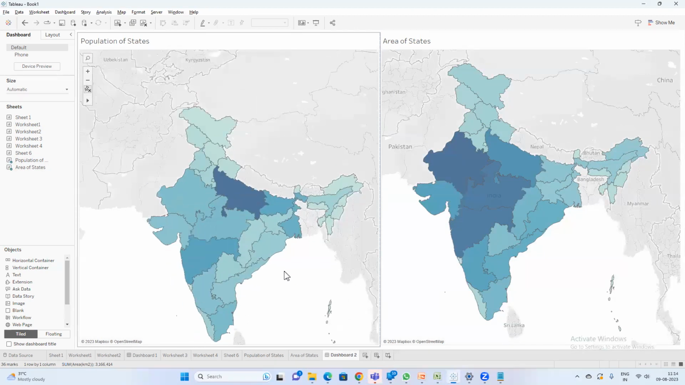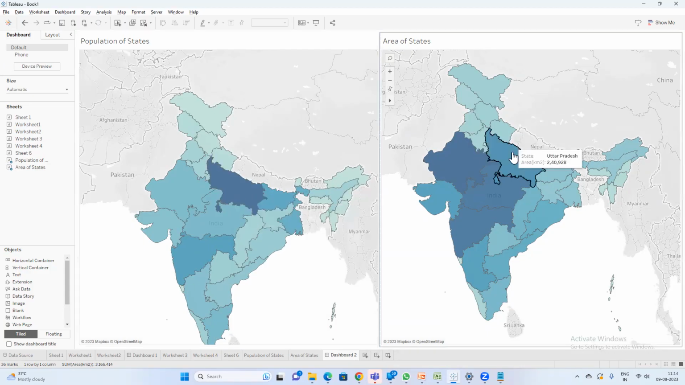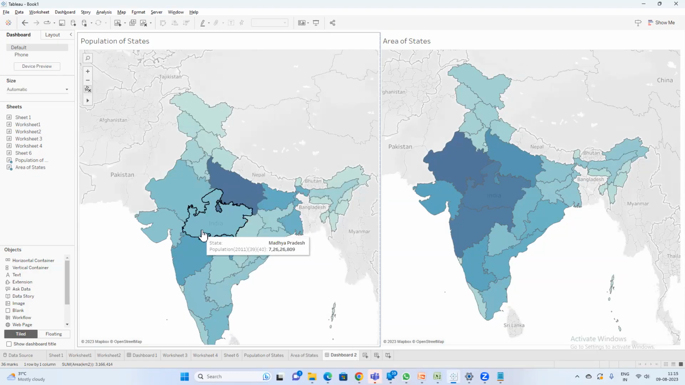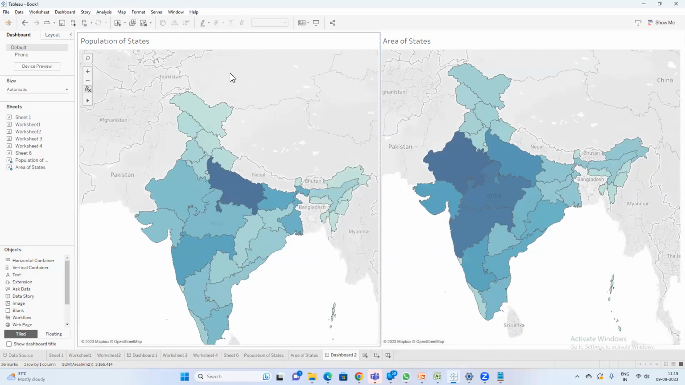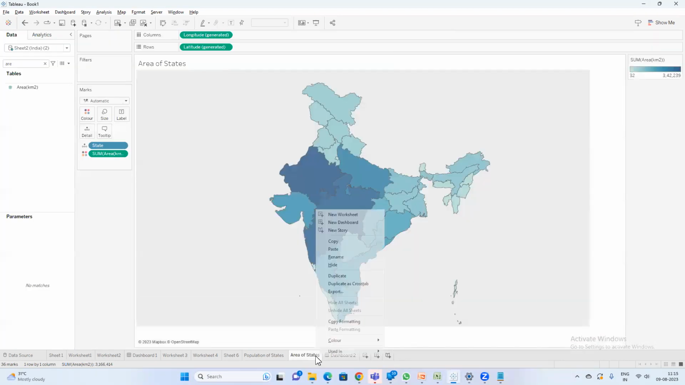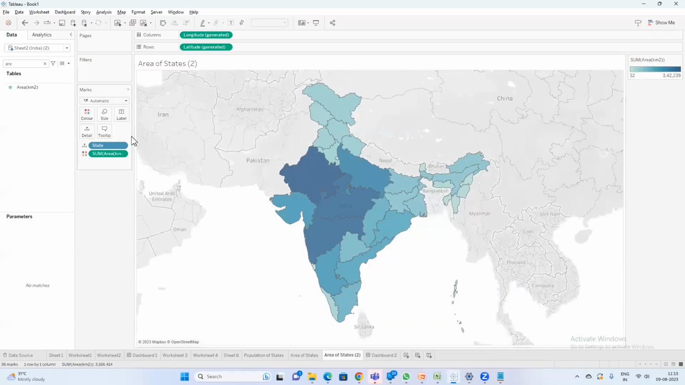So here I can compare. If you see, this has highest population but has less area. And these states have highest area and have less population. So this way I can compare these two. And not only like that, let's compare. I'll also add one more. Let me duplicate this. So instead of area, now I want to see